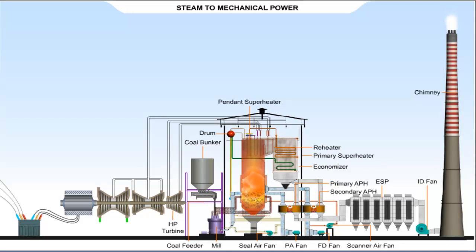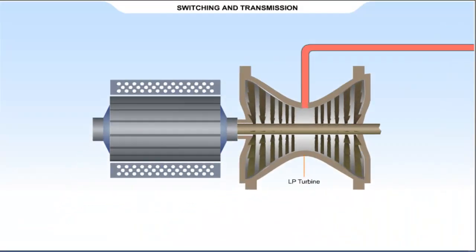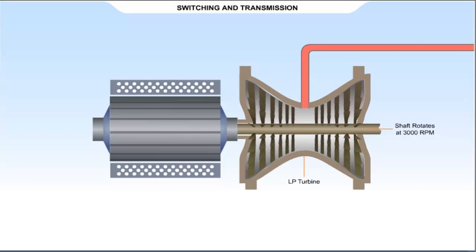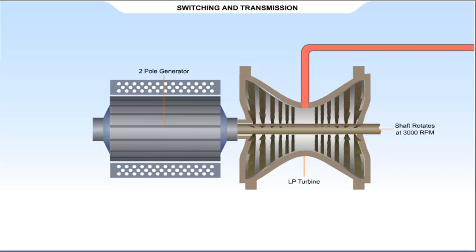The superheated steam which comes out from the final superheater enters into the HP turbine, where it passes through the series of stationary and moving blades. Heat energy of steam is converted into mechanical energy due to expansion of steam in HP turbine. The turbine shaft usually rotates at 3000 revolutions per minute. This speed is required to drive two-pole generator for generating the alternating current at a frequency of 50 cycles per